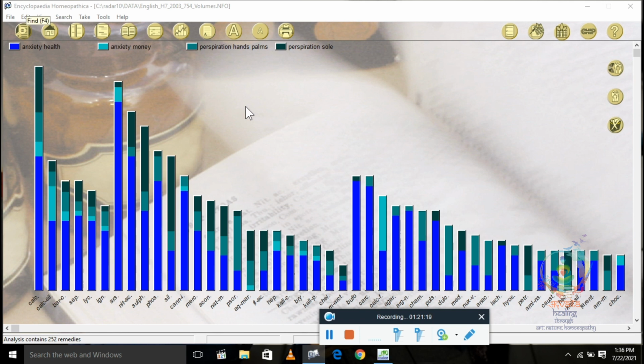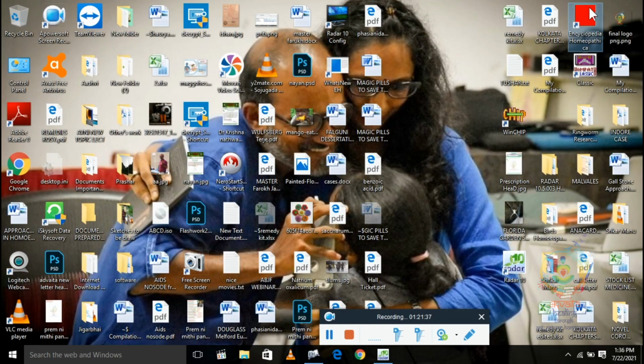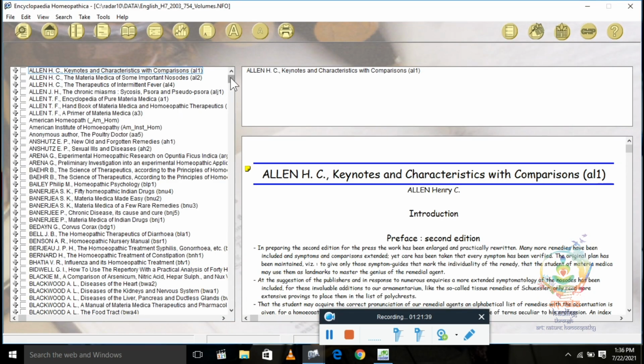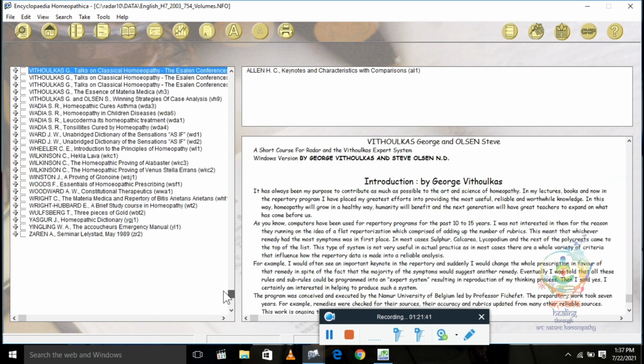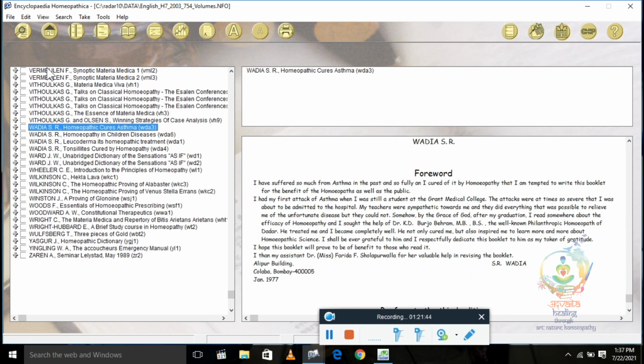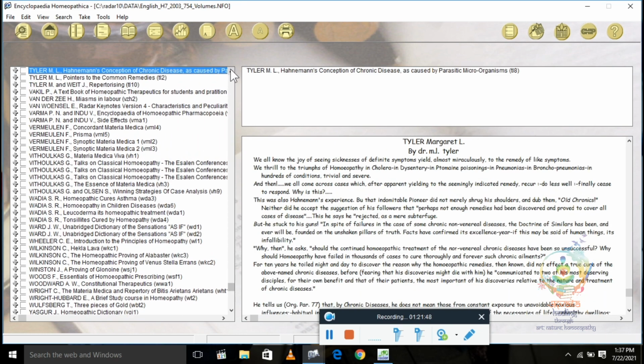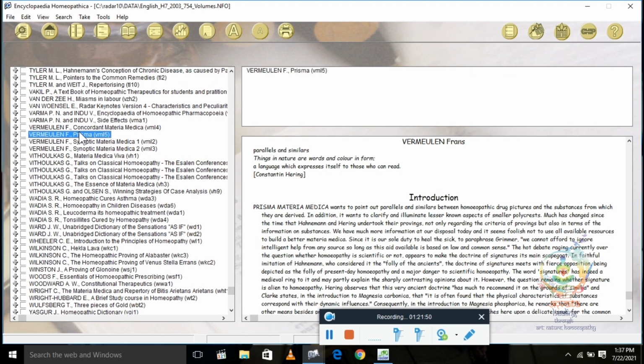Even Vermeulen materia medica, which is not there in Mac Professional Edition, which is available in Mac Reference Work Visionary Edition, is there in our Encyclopedia. Let me show you that. You can see it is there in Encyclopedia, Vithoulkas, Vermeulen. See, all the materia medicas are there in old Radar.